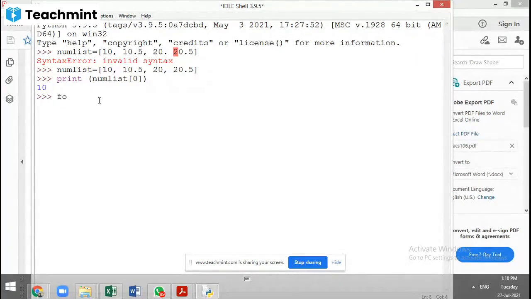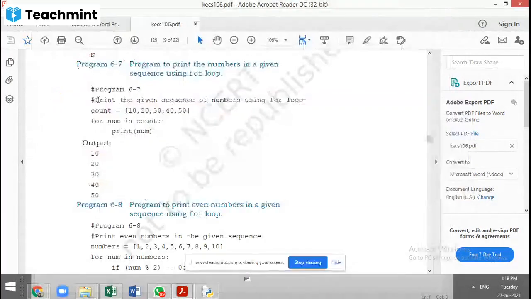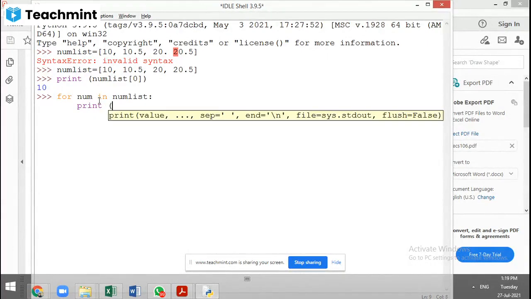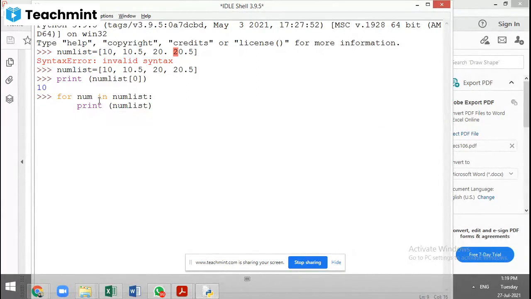But if I use a for loop, for num in num list, print. Okay, got it. What is the problem?